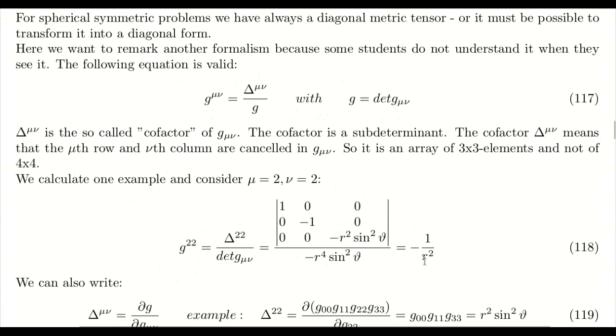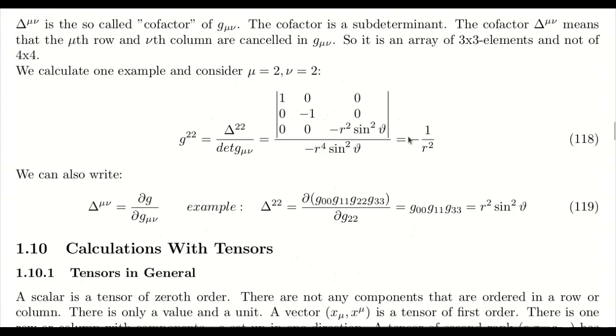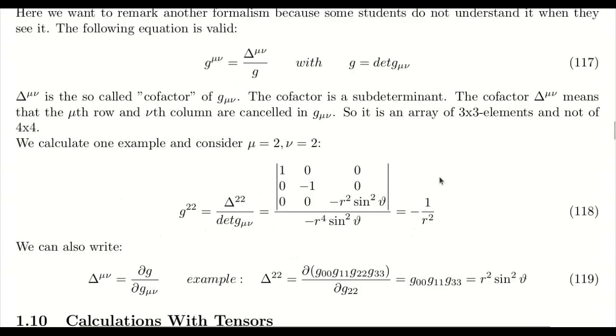And if we calculate in the numerator the determinant, that is only r squared sine squared theta, and that means we have a minus, and we have 2 r factors more in the denominator, so minus r to the minus 1 divided by r squared, and we see that is correct. This is the g 2 2 element of the metric tensor. Okay, then